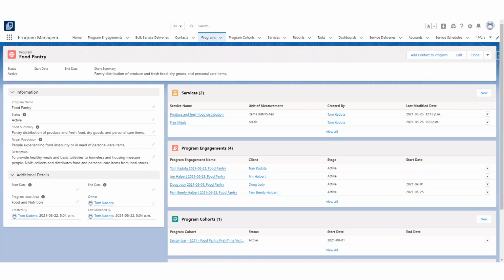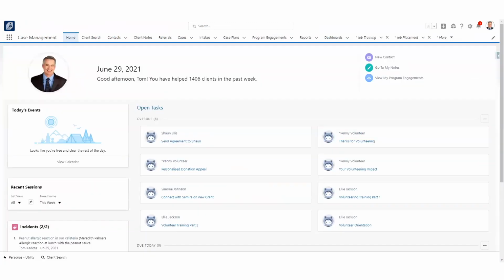So I'm going to hop into a different org right now, an org with case management in it. So again, this case management package works really well with the previous package that I just showed, program management, just because it does leverage the same or similar configuration relating to the same objects, such as programs and service deliveries. But yeah, so as a case manager, we can see that on my home page here,